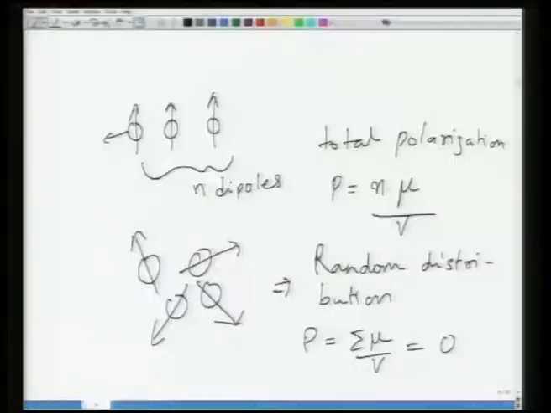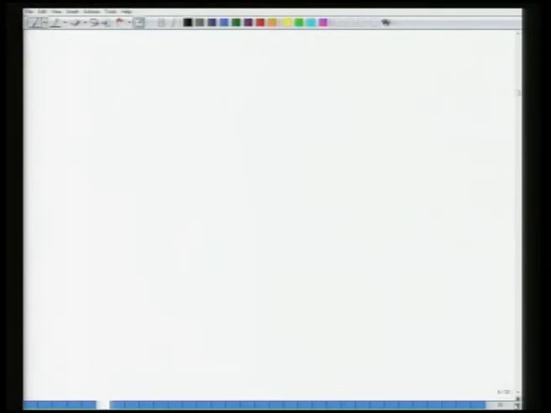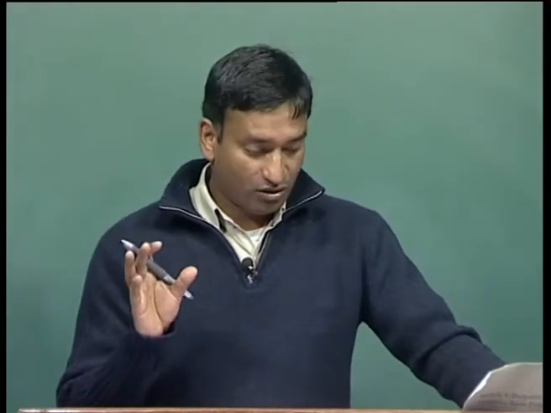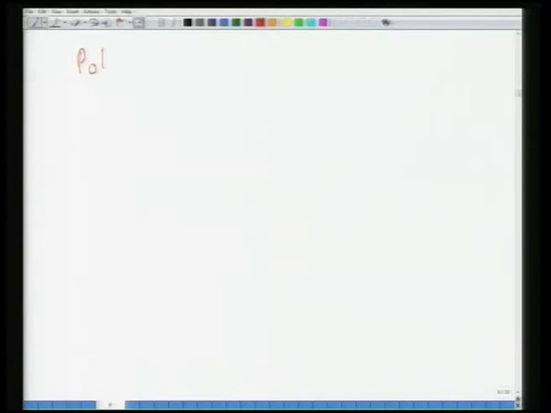Now the next thing that we will study is, we have seen that polarization has units of coulomb per meter square, which means polarization is charge per unit area. Now, what does it mean? So, basically what is polarization? Polarization is nothing but the surface charge stored, or charge per unit area, of a particular material system.